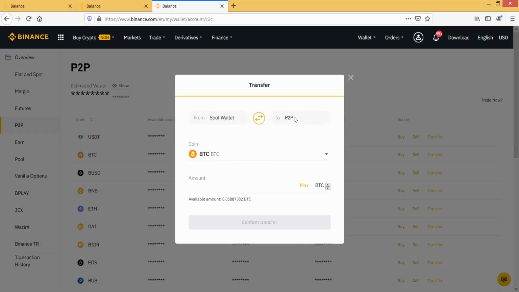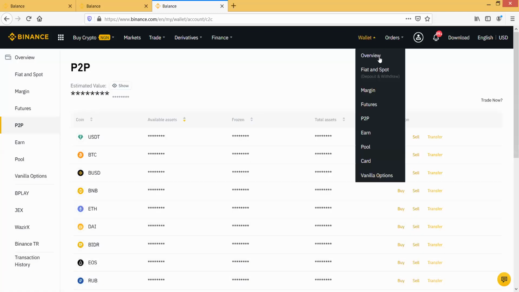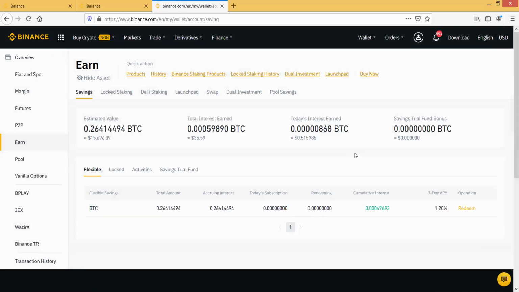If you don't transfer it to this account, when you click on account here, maybe on wallet, you see the mini wallet. We have margin wallet, we have futures wallet, we have peer-to-peer wallet, we have earn wallet, pool, and every other thing. When you click on your earn platform, it will show you some of the assets that you have already put on BTC to earn. Okay, now I have BTC here that is earning money for me,